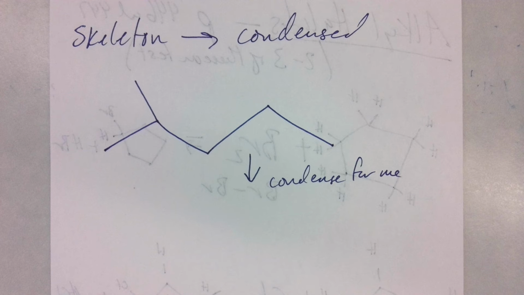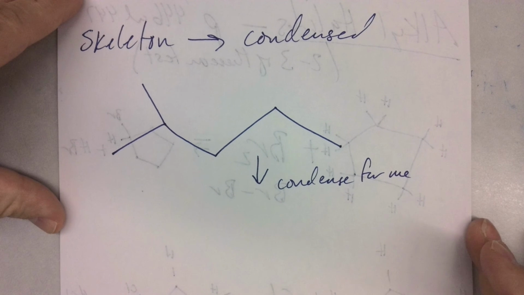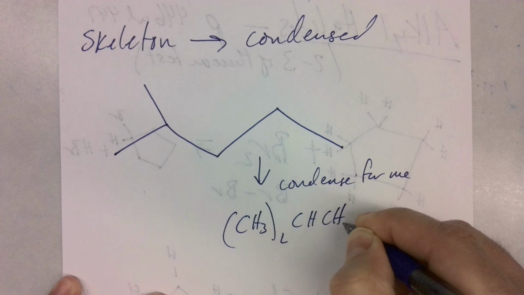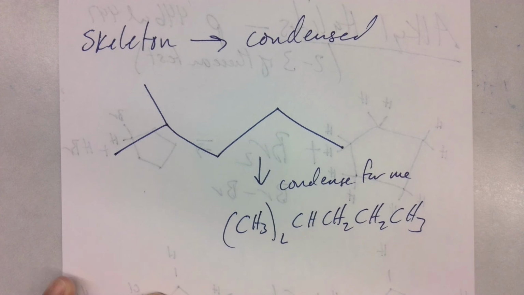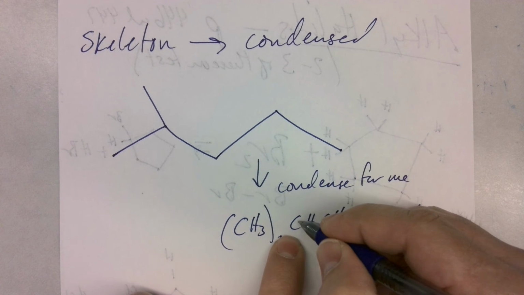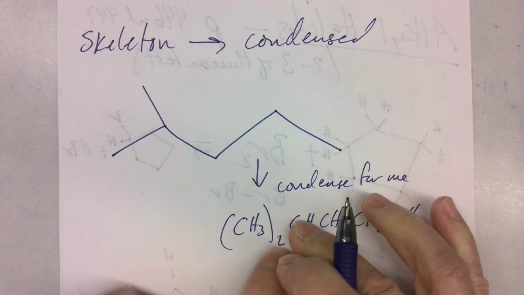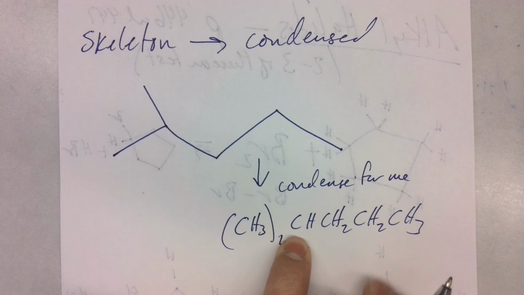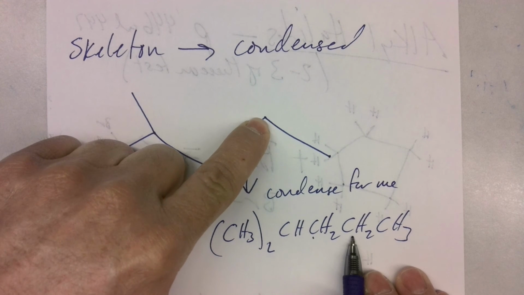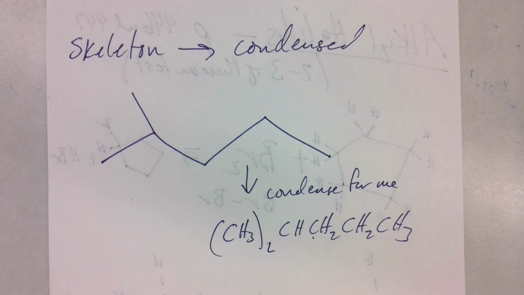Alright, so, who was 4? That was me. Okay, what do you got for me? CH3 in parentheses taken by 6, and CH2, CH3. Does that work? Yes. Yeah, so that C right here is that C, right? And then I got my 2 CH3s attached to it. Then I got that CH2 is that CH2, that CH2 is that CH2, and that's that CH3. Okay? Just making sure we're there. Okay? And then,